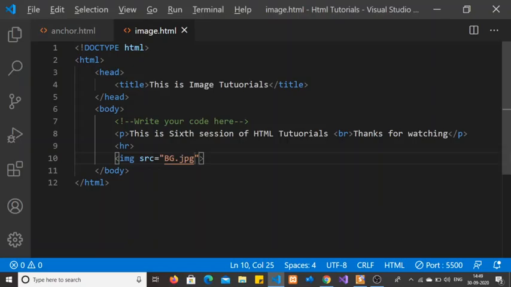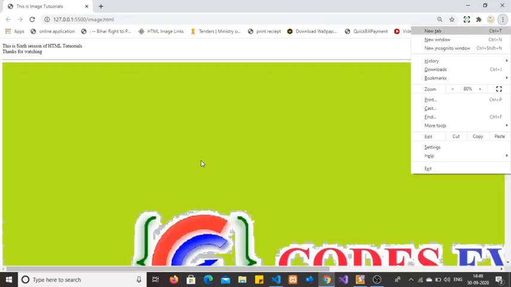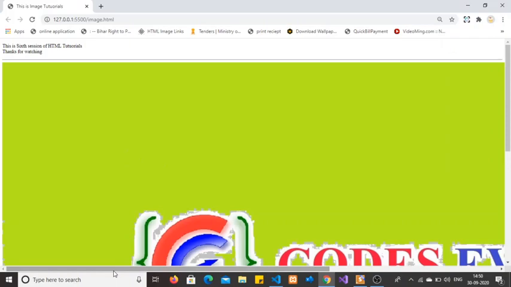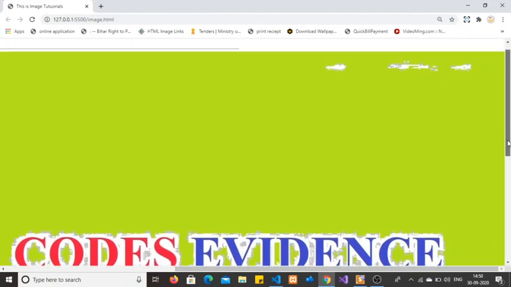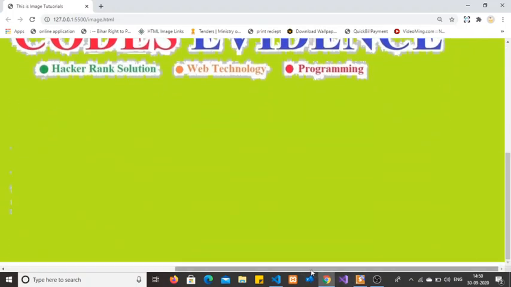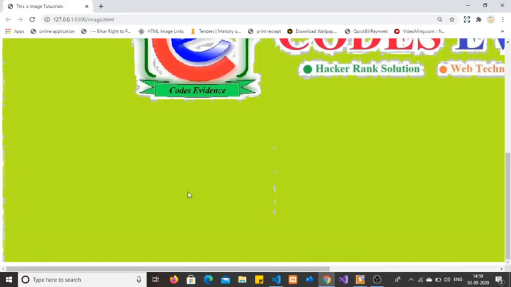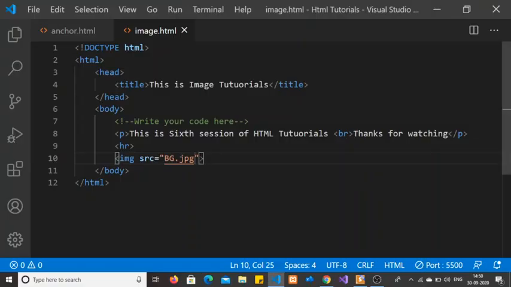But the height and the width of this image are so big, so I want to control its height and width. As you may see here, I need to scroll this page to see the complete appearance of this image. So let's go back to the text editor. I am going to apply width. How much will be the width of this image?